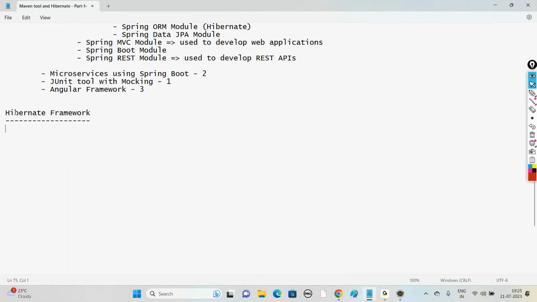Hibernate framework. What is this Hibernate? They'll ask you, what is Hibernate? Hibernate is what type of framework? This is the question they are going to raise. So the answer is Hibernate is an ORM framework. Hibernate is what type of framework? ORM framework. Then ORM stands for